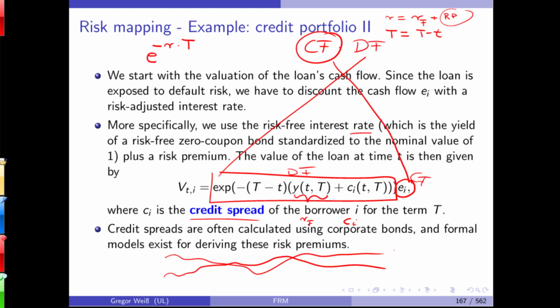However, credit spreads are not the best instrument to proxy for default risk. An even better way of measuring credit risk and default risk are so-called CDS spreads. What is a CDS? Does anyone know what a CDS is? A credit default swap. A credit default swap is an OTC trade. Well, it's not traded, but it's an OTC instrument that is similar to a default insurance.